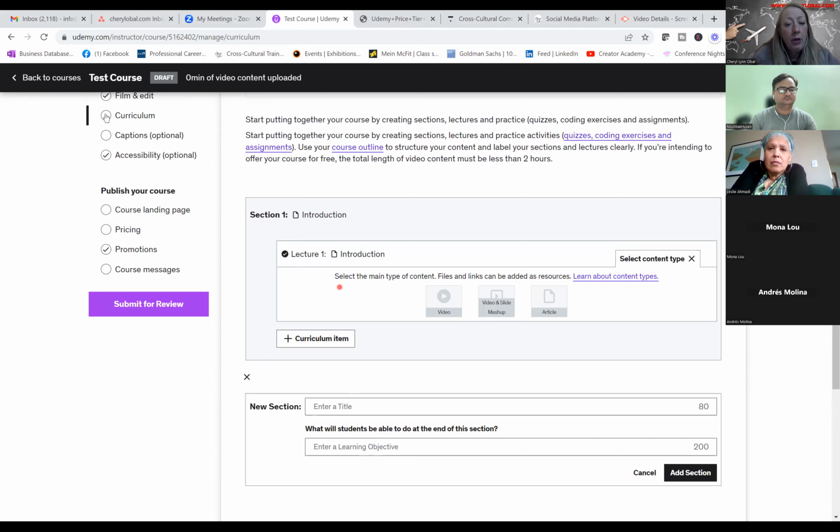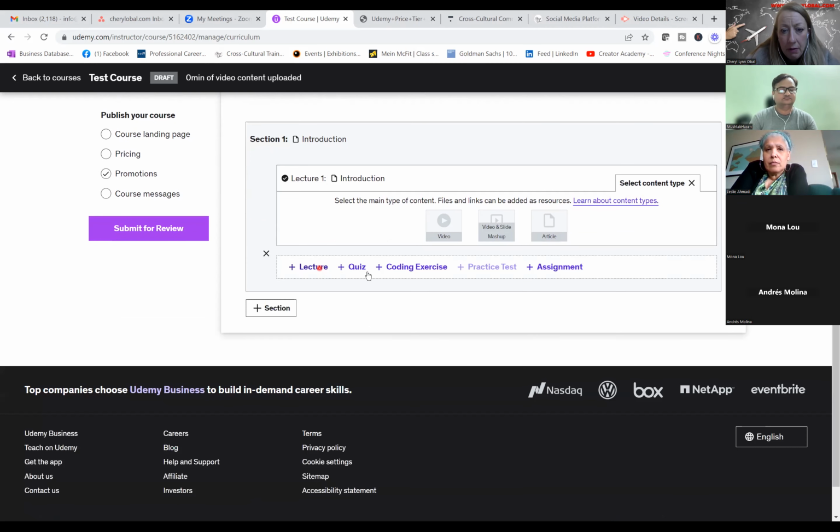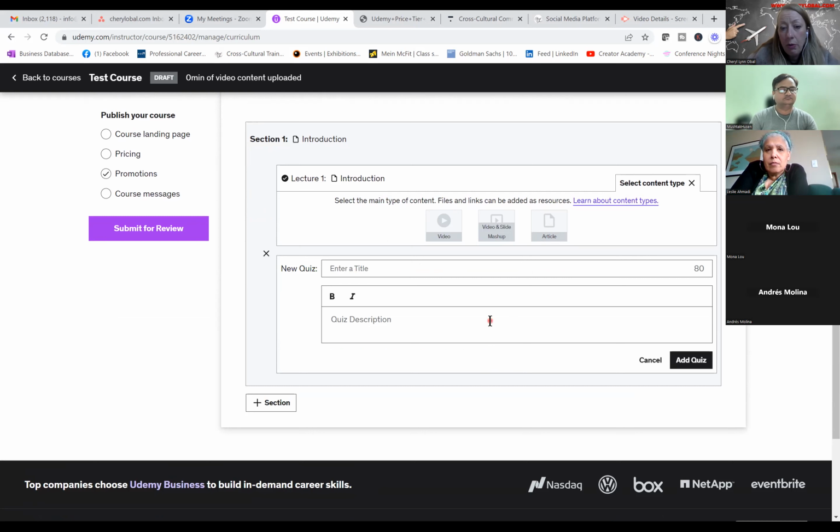All right, now once you've added, by the way, inside here you can also put in a quiz. You can create a quiz right inside here. This is somewhat limited, I'll be honest with you. For example, if you have a nice interactive exercise that requires people to put things in different boxes, move things here and there or match, you can't do anything like that inside Udemy, unfortunately, unless you upload an already created document and then people download it. But then how do they do it and re-upload it? It's a disaster.